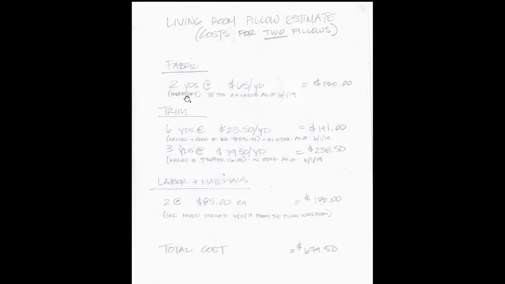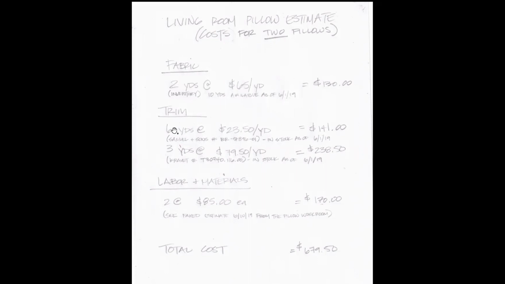Now, in this case, the main fabric is coming from the inventory of the designer. It's maybe somewhere in their studio, or it's left over, or they have some kind of inventory. Otherwise, the fabric would be coming from a fabric manufacturer. And so you can see not only have we specified where it's coming from and how much we need and the cost, but how many yards are available. So you can see that's the estimate for the cost of the fabric.